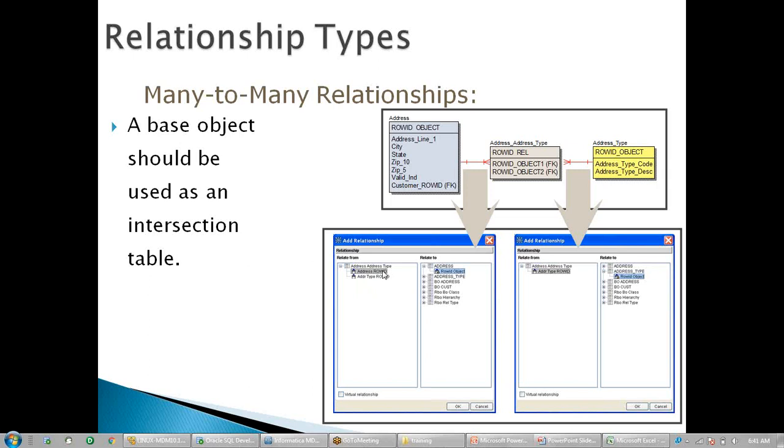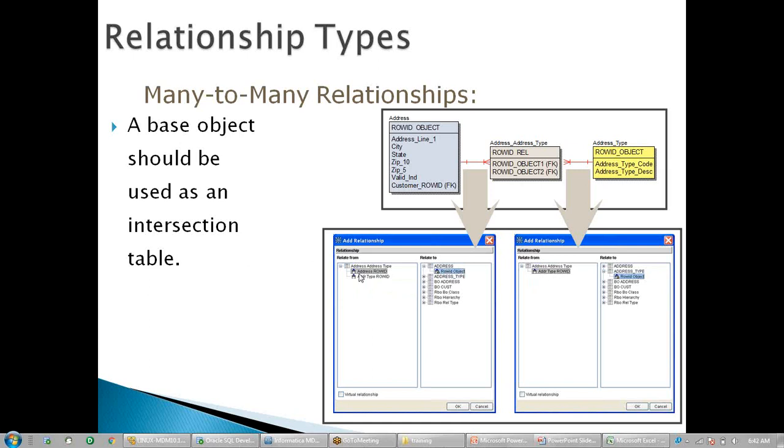So we have selected address row ID on the left hand side, and on the right hand side we have selected the row ID object of the address table. Once this mapping is done, when we click on add relationship again, I will see only one column. That is also a restriction: you can map a column only once. You cannot create a relationship for a column more than once.